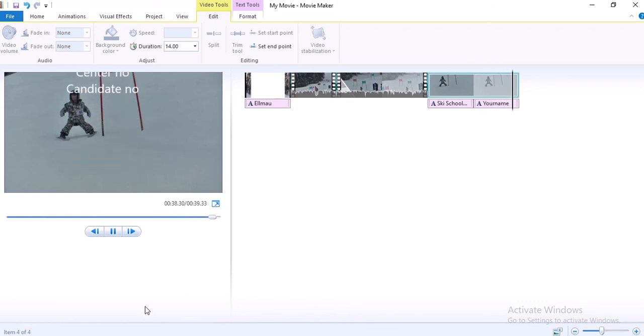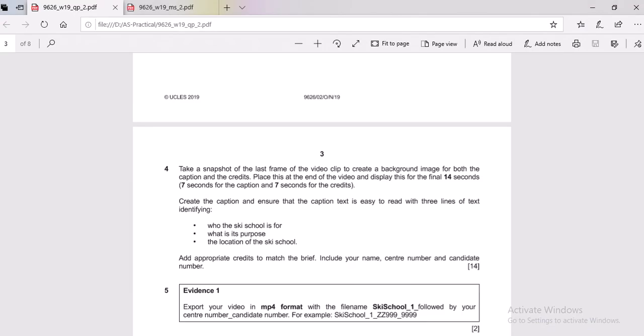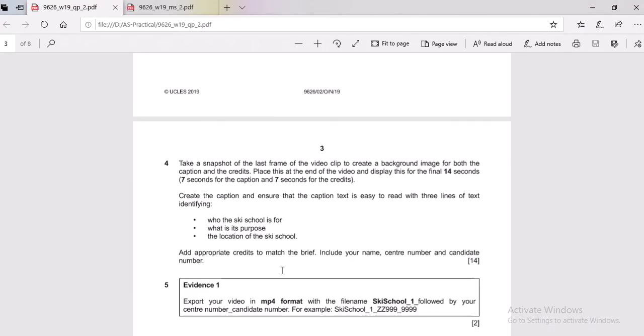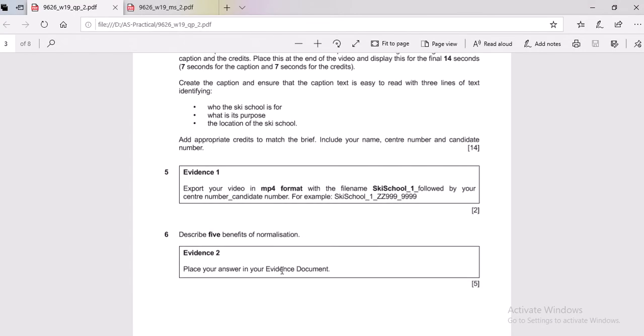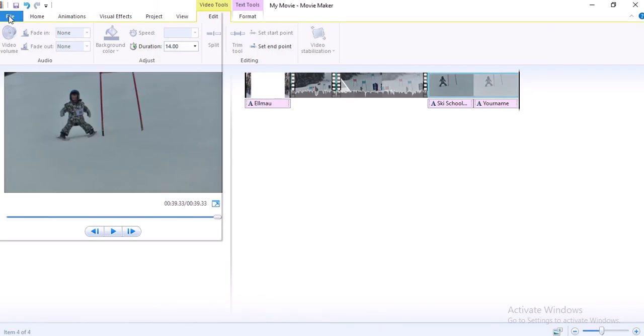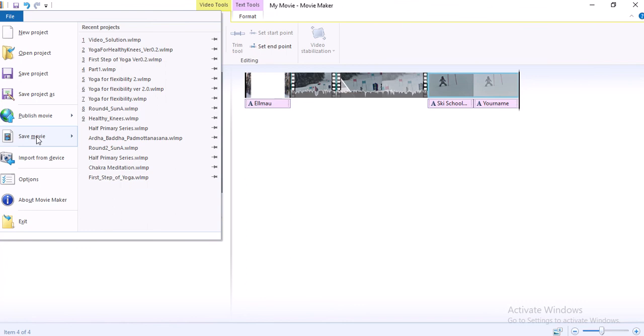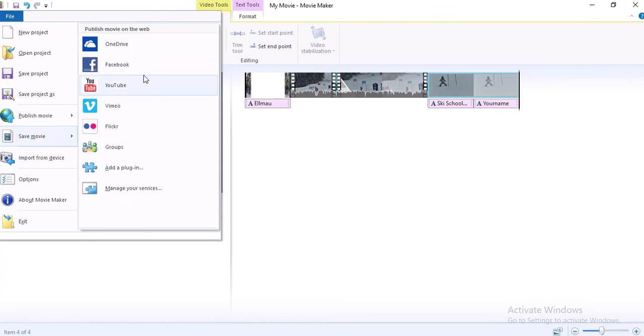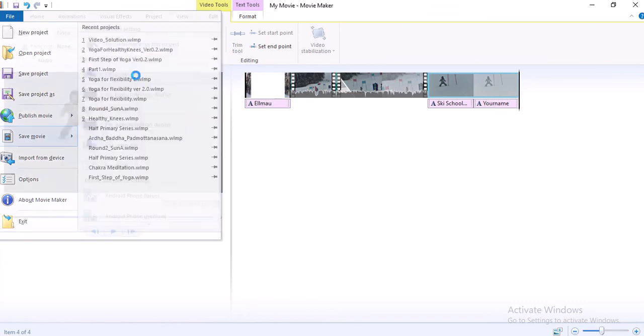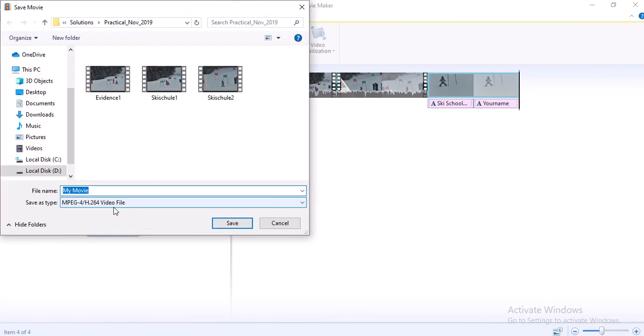Okay, so now let's take a look at the next part. So in the next part it says evidence 1, export your video in MP4 format. So how do we export? We have to save the file as save movie, and it could be for computer. So I have movies for computer, and you get the option here automatically MP4 will show up. So please give a name,